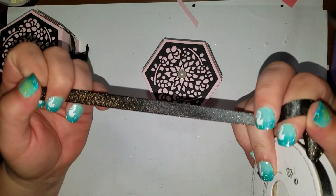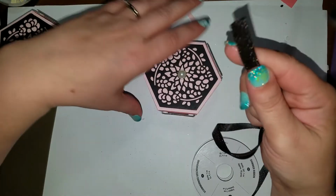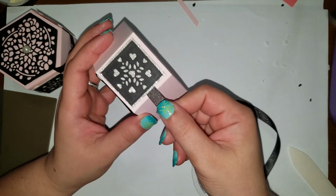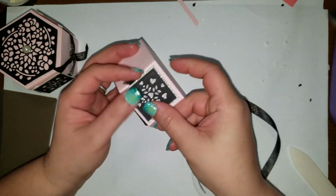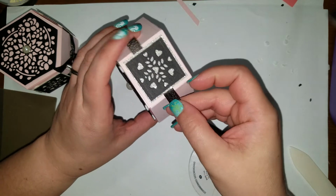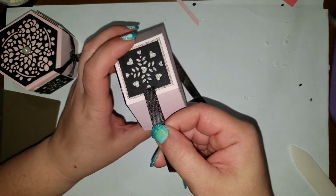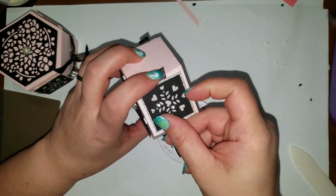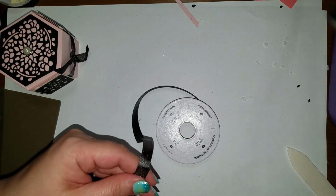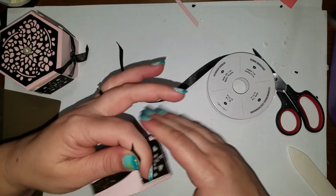That is so pretty. It just sparkles. It has like this silver and goldish sparkle. So what we're going to do is, and this is why I told you to put your dimensionals on the corners, we're going to feed the ribbon through, because when we go to tie or knot, it's going to help stay it down. So it's important that you put your squares on first before you put on your ribbon, because it will just make life a lot easier. So now what we're going to do is we're going to trim this,